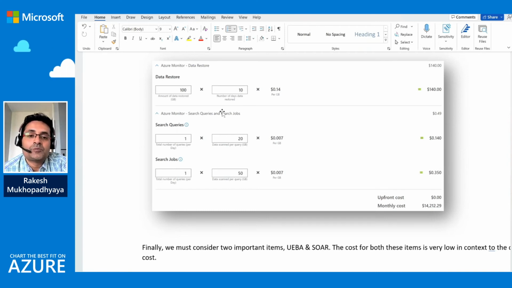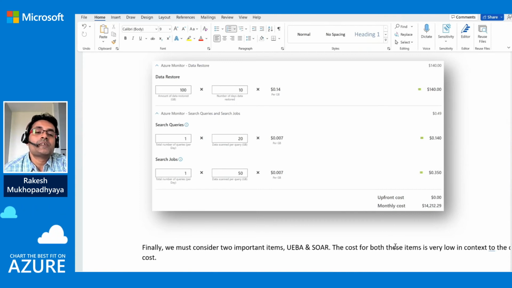So 3 months I have online retention, and I have 12 months or 9 months offline. So the analyst is searching a log which is probably 8 months old, right? So if the analyst wants to search a log which is part of archive log, then there is a cost associated to this, right? So my suggestion is, please do not put any numbers in these boxes, because this will increase the Sentinel cost, but the customer may not need to pay for these services, because data restoration is a very infrequent requirement, right?